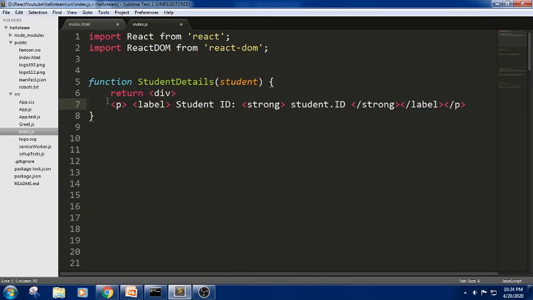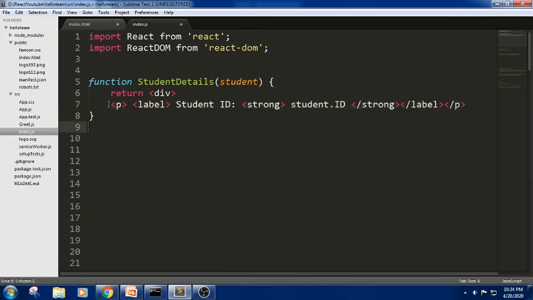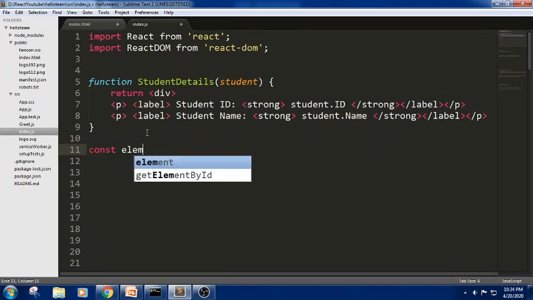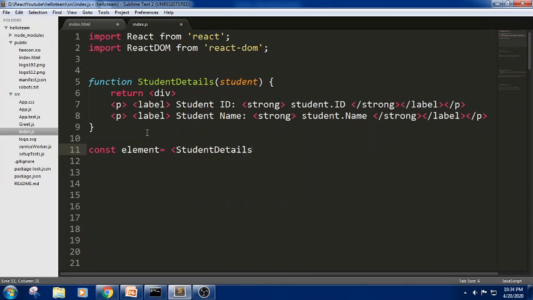Now let me write the same thing for name. Here I am trying to pass first ID and the next is name. Now in order to make sure this component will be called, I'm trying to write const element equals, what is the component name here, student details.